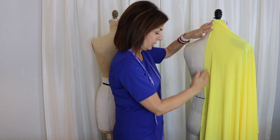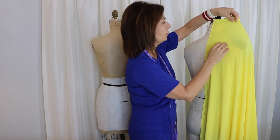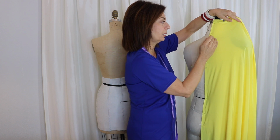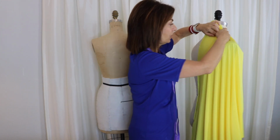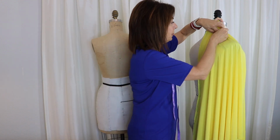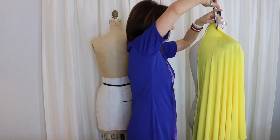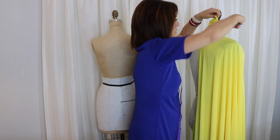the center back and pinned it all the way up and down the mannequin. We're going to do the same thing again to the back. We're going to go ahead and fit around the neckline. We're just going to go down, across, and sharply to the intersection so we can get rid of some of this fabric here. I'm going to go ahead and put a pin right there, and I'm going to kind of